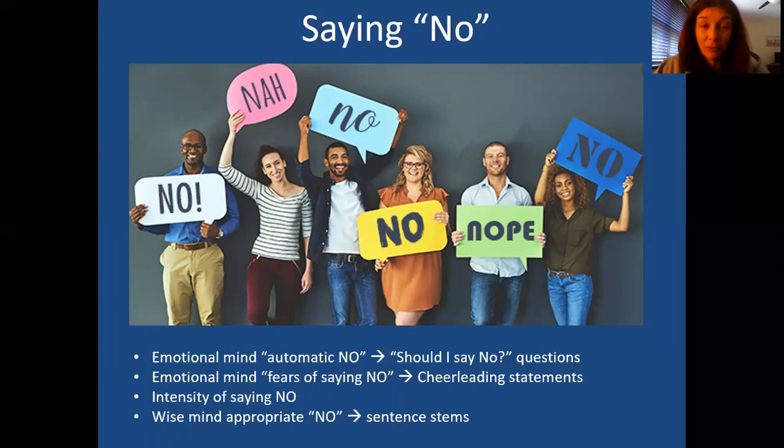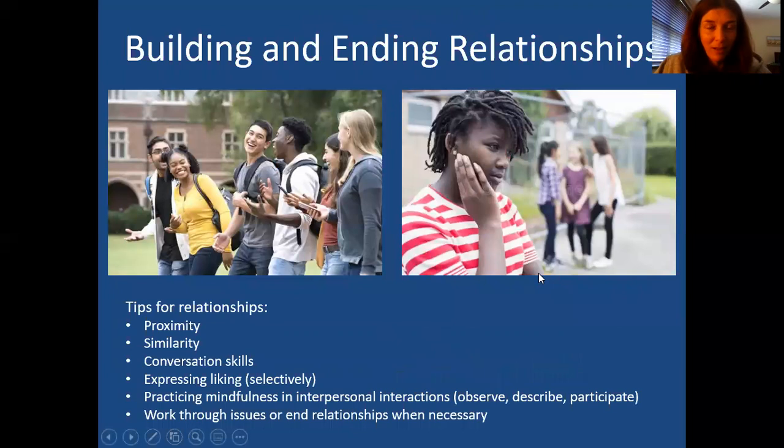So legitimate reasons for saying no, right? If someone's really being inappropriate with you or asking an unreasonable request, it's totally okay to say no, right? So we need to recognize what those situations are, how they make us feel, and then use our assertiveness skills to say no. So some sentence stems are provided to help us do that and know the words we could use in that situation.